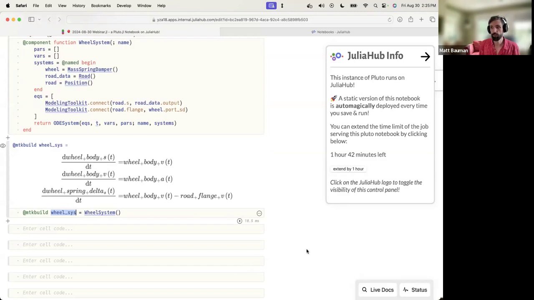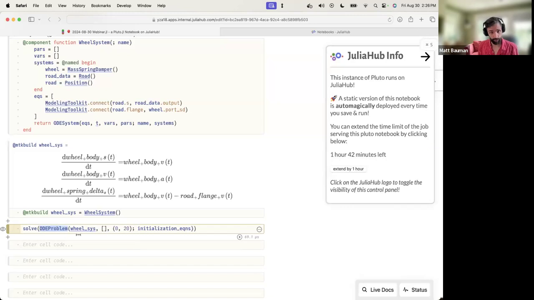solve this, right? So how do we solve this system? The same way we solve all ODE systems, right? It's an ODE problem with our wheel system as the equations. We don't need to pass in any initial values. We'll just use the ones that we defined in the system itself. We'll do it from 0 to 20 seconds. And what we want to do here is pass in some initialization